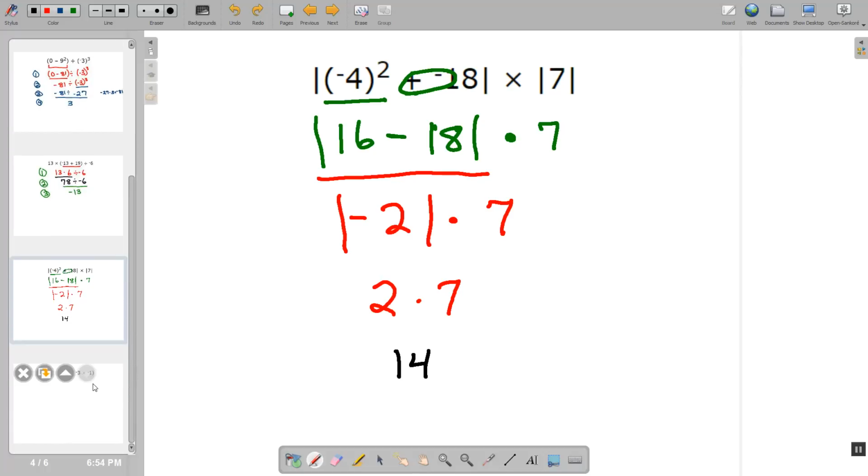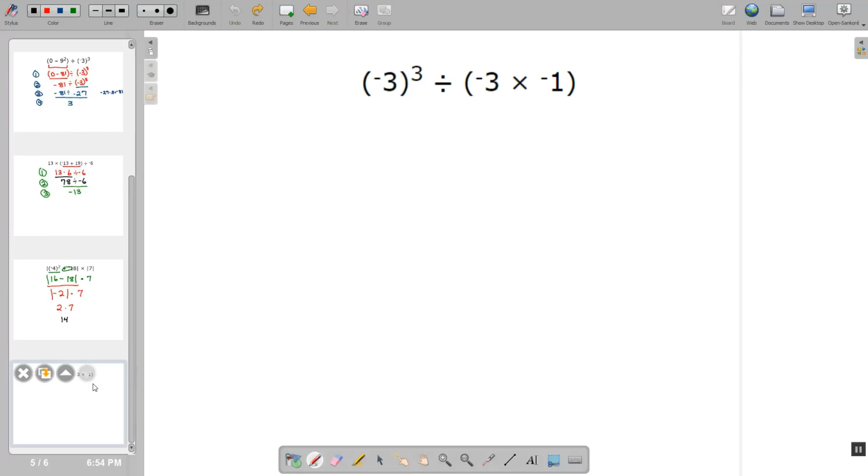One more problem. Here we have extra sets of parentheses again, so we're going to do the leftmost parenthesis first, which gives us negative 3 cubed. If you remember from the first problem, negative 3 times negative 3 times negative 3 again is equivalent to negative 27. We can get rid of the parenthesis now,